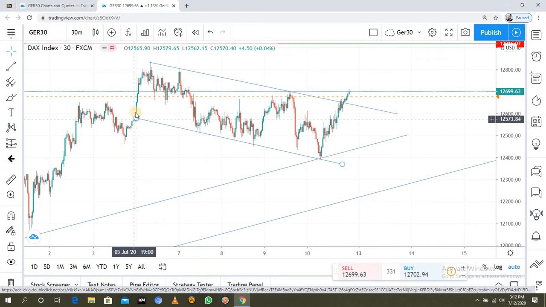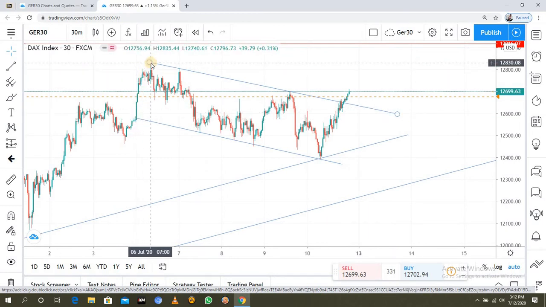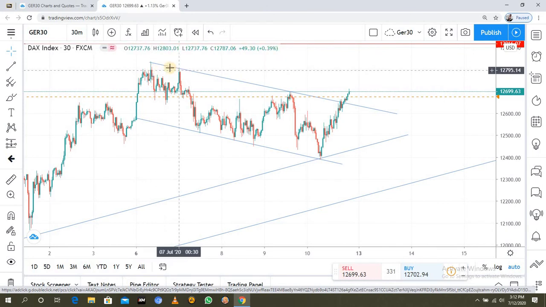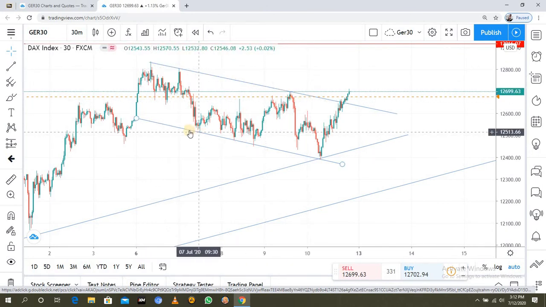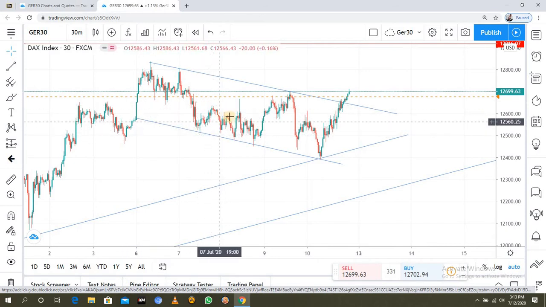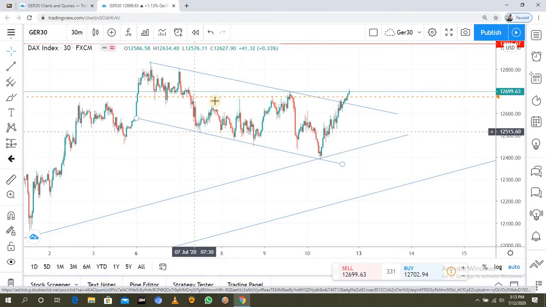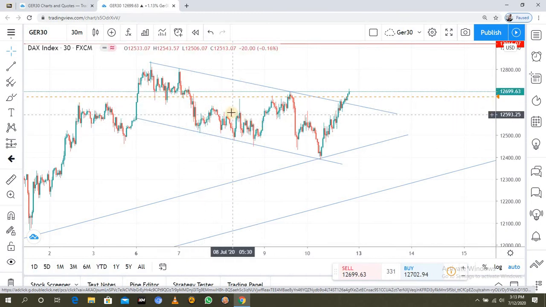So the price pushed up, made a higher point here, went back down, tried to break this higher point but respected this line, right? Pushed down, and then it came down, respected this line, pushed up a bit, down. This was just like a pattern where the market was just moving up, down. So you don't trade here.